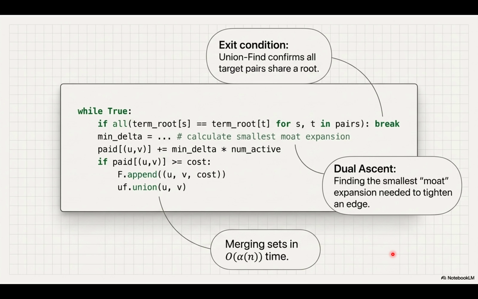We have the full architectural blueprint now. We have Primal-Dual moats organically discovering paths. We have Union Find, tracking billions of potential merges in microscopic fractions of a second using the inverse Ackermann function. And we have reverse delete, sweeping backward through history to prune out the expensive loops. But theory is just theory. When engineers actually run this through the FSD's software to design actual routing grids, does the organic math survive contact